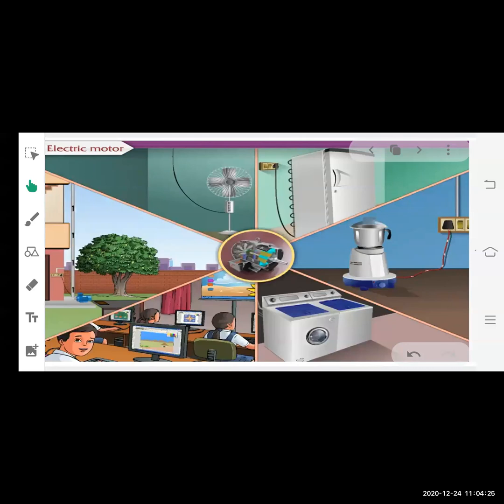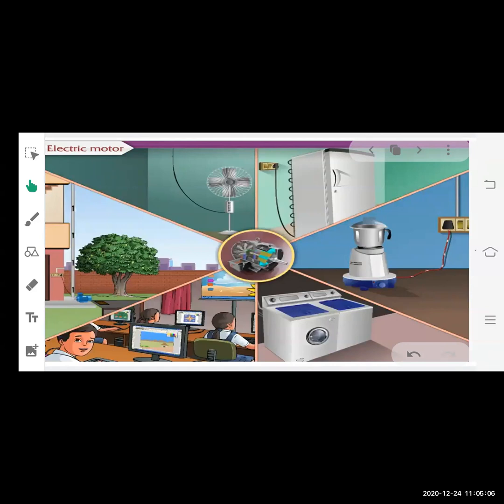They are not generating heat, but what kind of energy are they generating? What you can see here is that the electrical energy is converted into some other form of energy. Which form of energy? You can see in the fan, we can see rotation of the blades. In the mixer also, if you observe carefully, the blades inside the mixer rotate. In the washing machine also, there is a drum inside the machine which rotates. In the motor also, this is a water pump. So in all these electrical appliances, we observe that the electrical energy is getting converted into rotational energy, or you can say rotational kinetic energy. It is a form of mechanical energy.